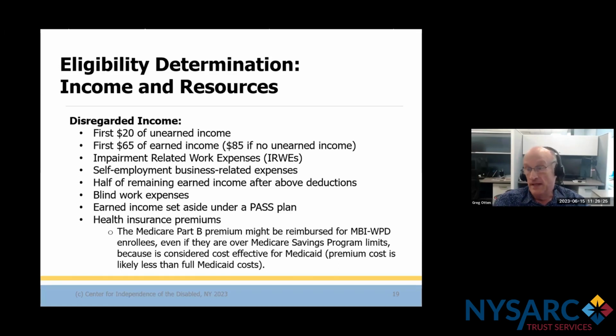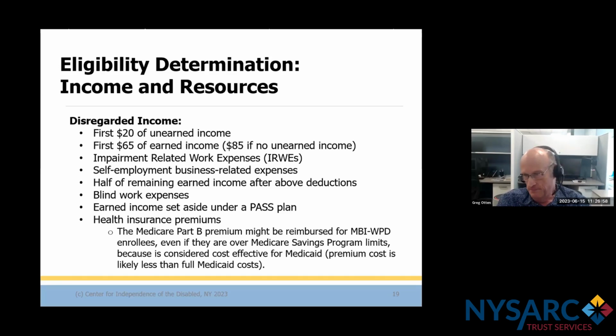Earned income set aside under a plan to achieve self-support. That's a whole training unto itself. Finally, insurance premiums, Part B premium, could be dental, vision, health insurance through work if there's a portion of the premium the employee has to pay, all of that. Now, one thing I've seen is if normally we think of Part B premium assistance for Medicare